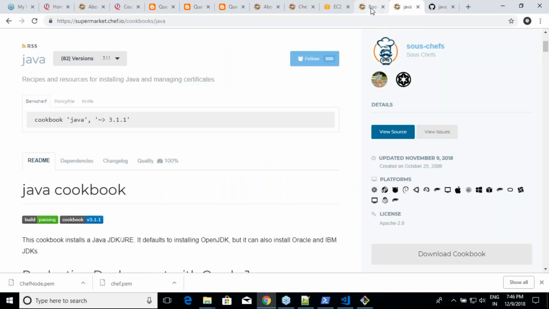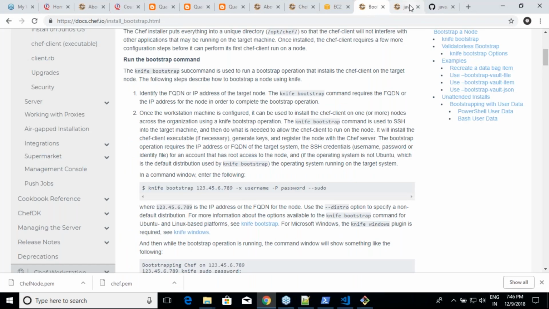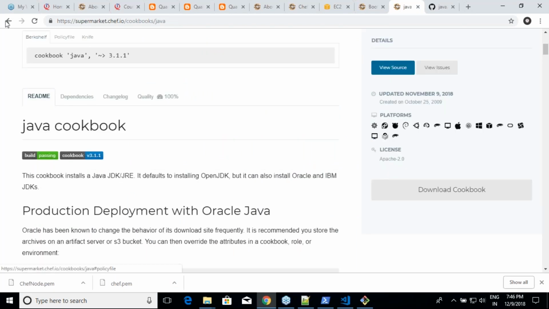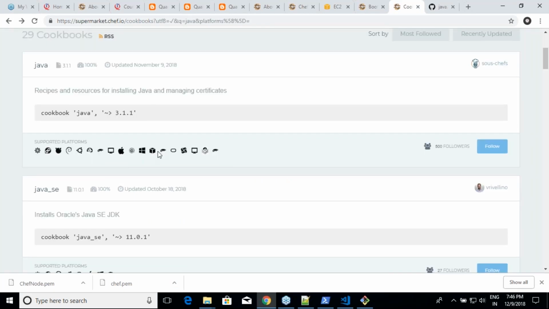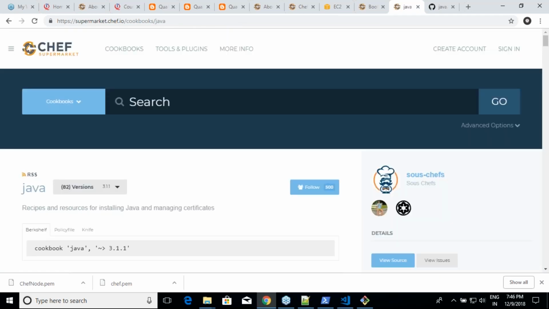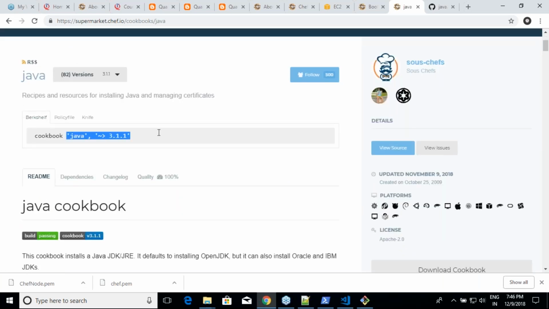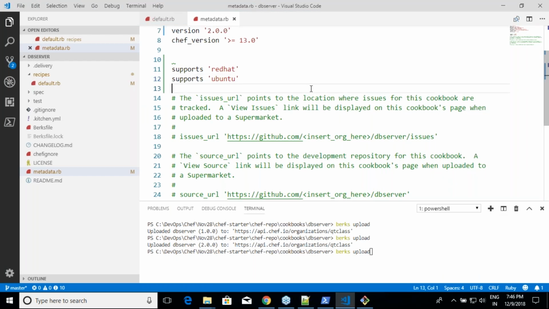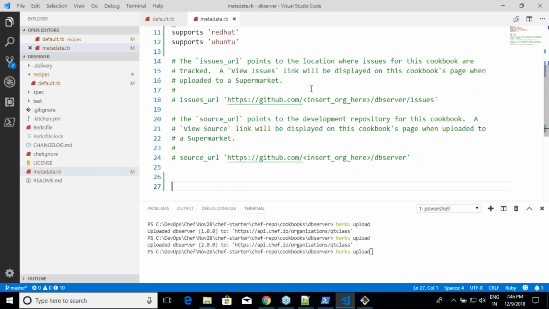Okay. Whenever you search for this stuff, are you seeing these platforms? So it supports all of these environments. All right. And now get into this cookbook. And the way to use a cookbook, first thing is, if you want to use this cookbook, are you seeing this stuff over here? Yeah. Copy this stuff, get into your own cookbook, right? And try to write a statement saying depends and copy this as well.